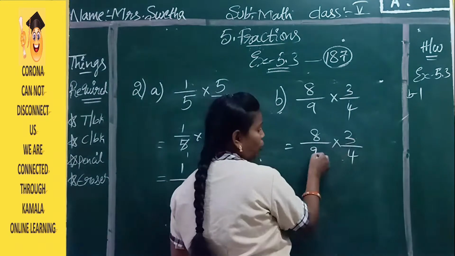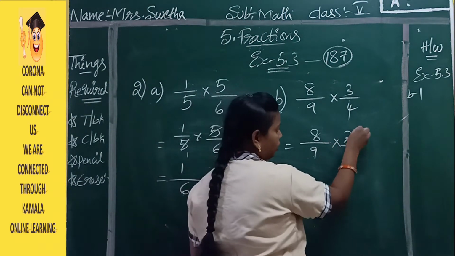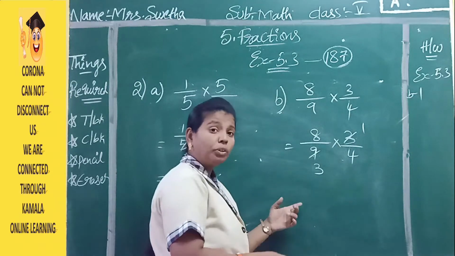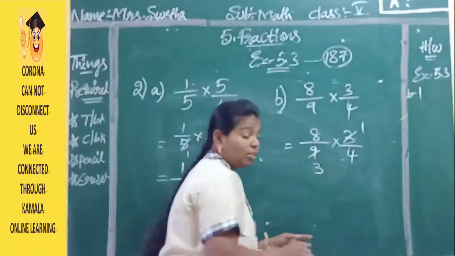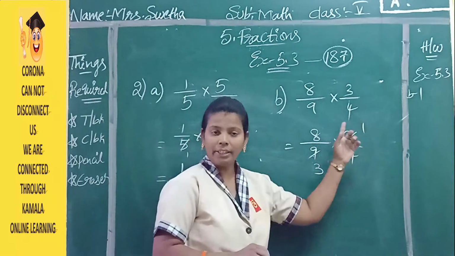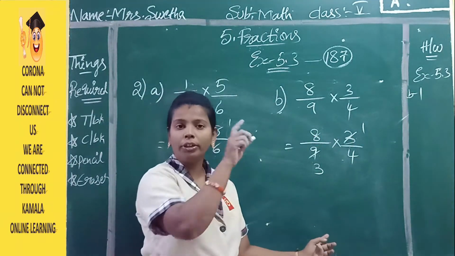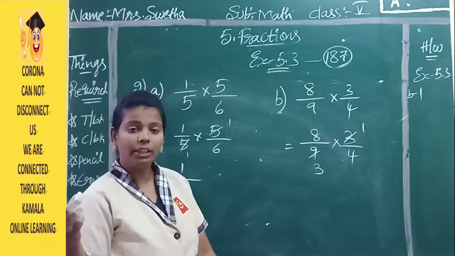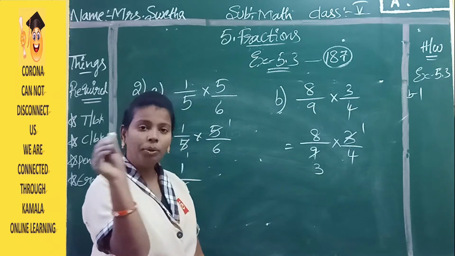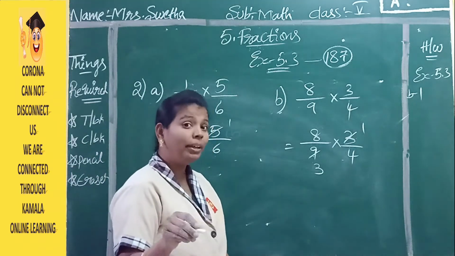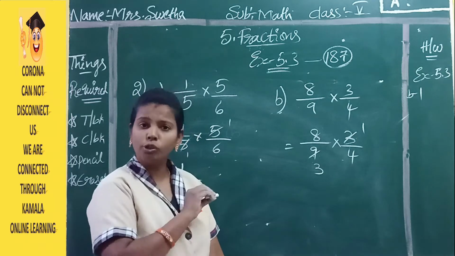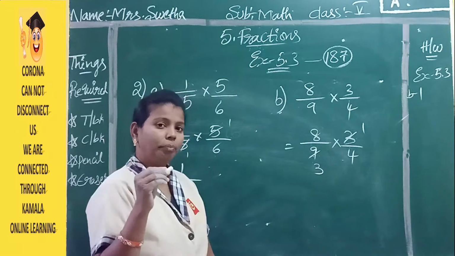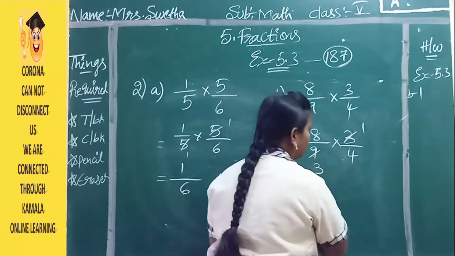Okay, see here, opposite. These both the numbers will come in one table, 3 tables. So 3 ones are 3, 3 threes are 9. If it is possible more, you can also cancel opposite numbers. Means one numerator and one denominator only you should cancel. Numerators cannot be cancelled with each other, denominators cannot be cancelled with each other. Numerator and denominator you have to divide. So numerator and denominator only you can cancel.